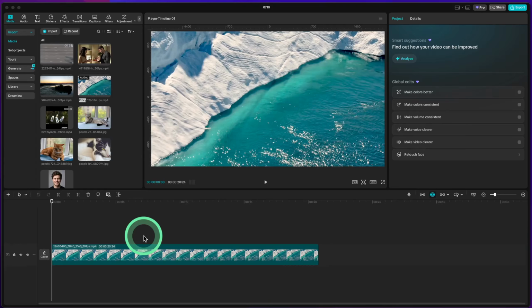In today's video, I'm going to teach you how to add a black screen in CapCut. Whether you're creating dramatic pauses, transitioning between scenes, or simply adding a moment to let your visuals breathe, knowing how to incorporate black screens can make your edits look more professional and polished. CapCut offers a couple of methods to achieve this, and I'll walk you through both step by step. By the end of this tutorial, you'll be able to seamlessly add black screens to suit the mood and pacing